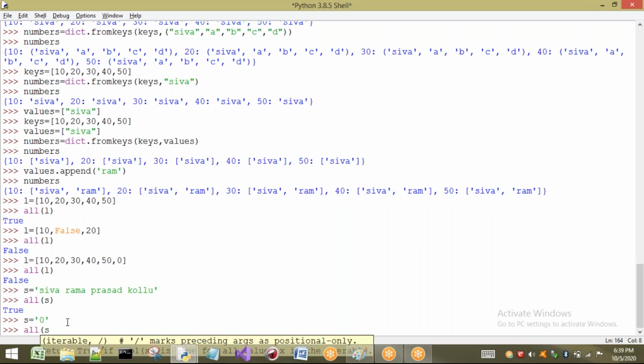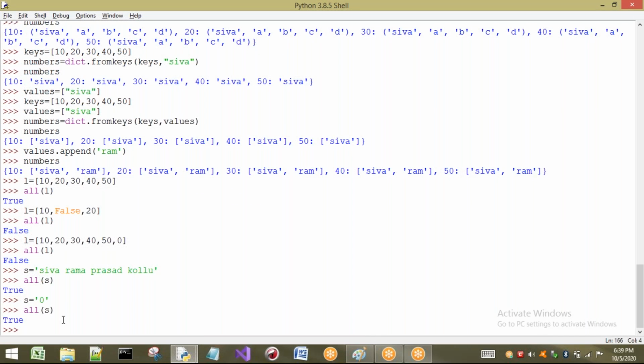If I apply all of S, you are going to get true only, because 0 does not indicate false in a string. It is a value, something is present here. This may lead to confusion for you. Here 0 is not treated as false in a string. Some value is present, so it is going to give you true.